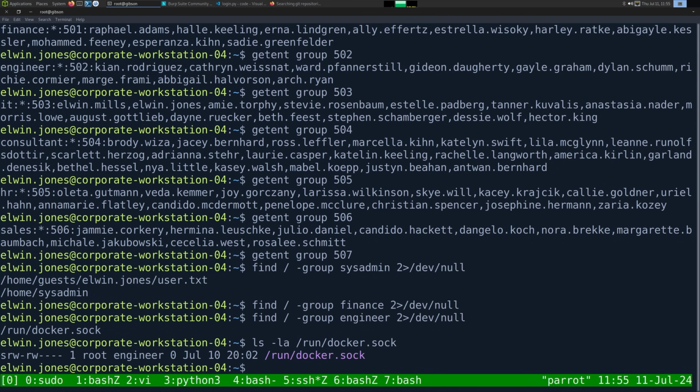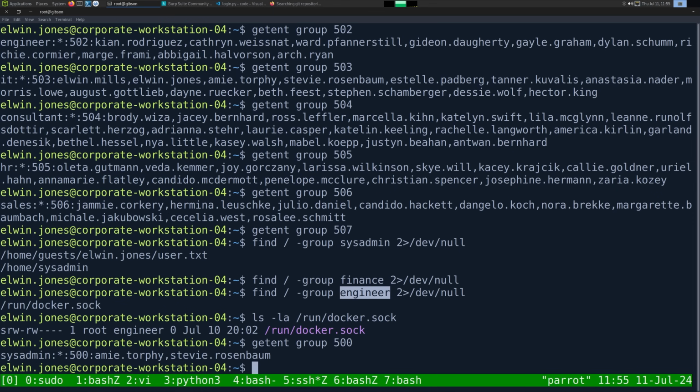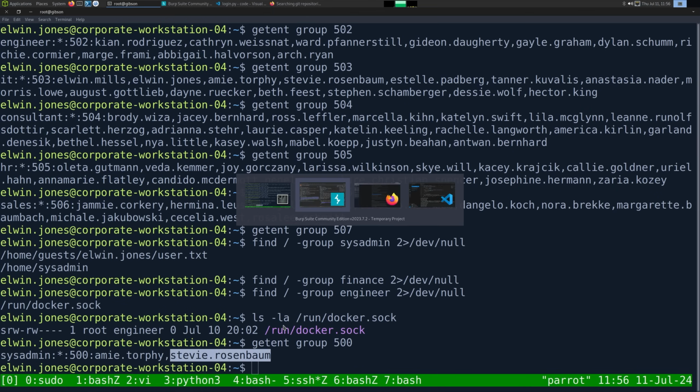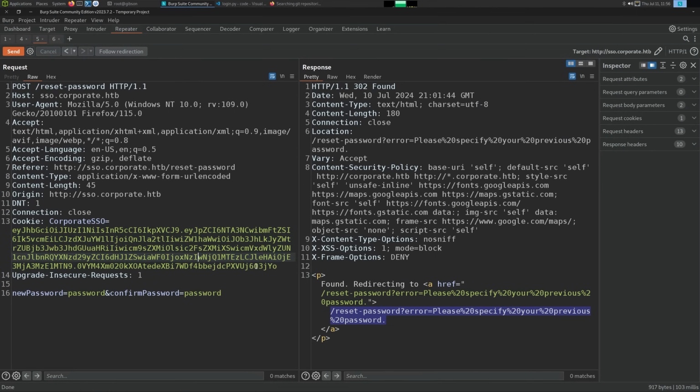So my first guess is let's try becoming a sysadmin. And then secondly, if that doesn't work, we can probably just switch to an engineer and then execute this Docker socket. So let's go to 500. And let's try to become, we'll do Stevie Rosenbaum. So let us grab our corporate